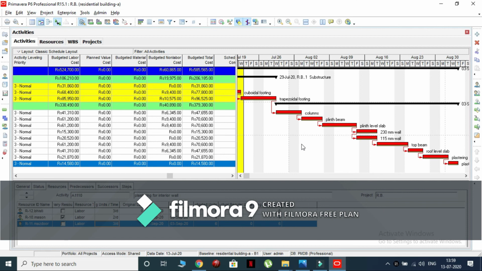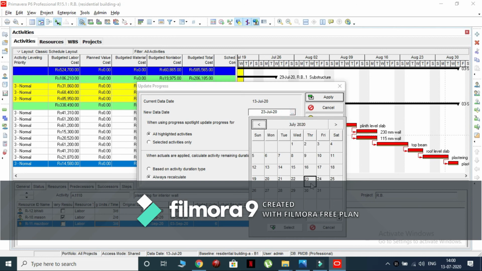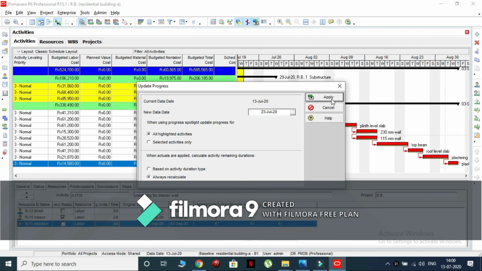Now we will perform the EVM for our project. So click on the update progress icon and select the new data date as the 6th day of the project as shown. Click on apply.